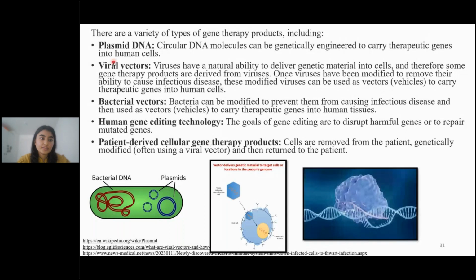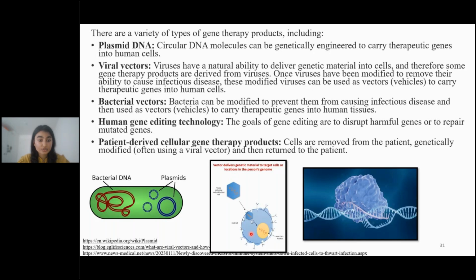First, we use plasmid DNA. For example, there is a person whose gene is mutated, and he got some disease due to that. So we can use bacterial plasmid DNA, which are plasmids present in bacteria. We can add a healthy copy of that gene into the plasmid, and then put the plasmid in the person's cells, and once the plasmid gets attached, the healthy copy of the gene will replace the mutated one. And then we can use viral vectors.